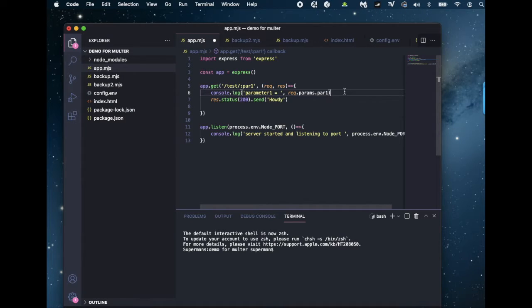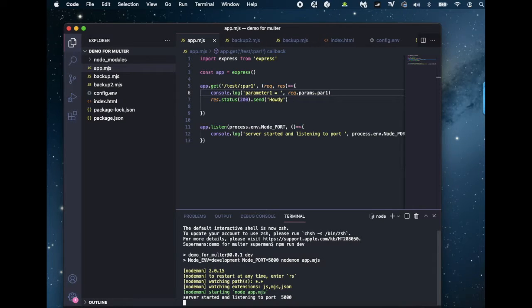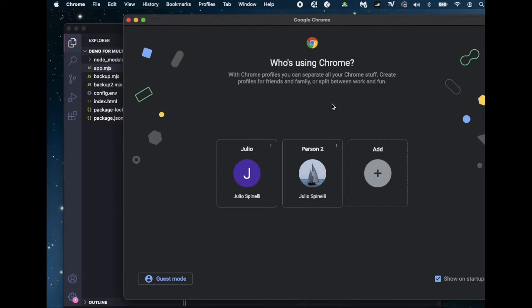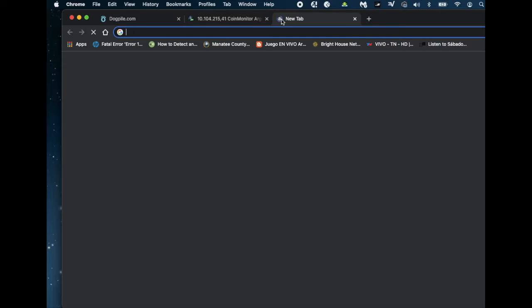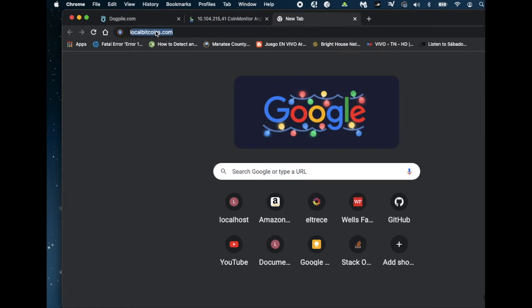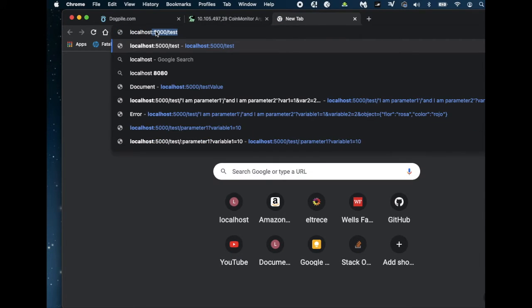Now we save this and we go to the console and start this with npm run dev. We are going to run it in development mode. Now it's listening. We go to our browser. Okay. And now we open a new window and we do localhost